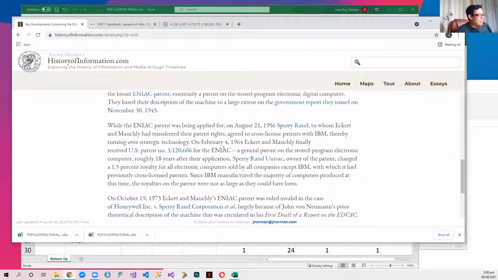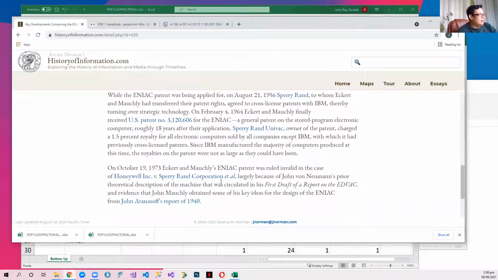There's a controversy behind. In 1956, Sperry Rand, or Remington Rand, bought Eckert and Mauchly, and Sperry Rand was already an affiliate of IBM. They were not paying royalties because IBM already had exchange deals with Sperry Rand. Now,